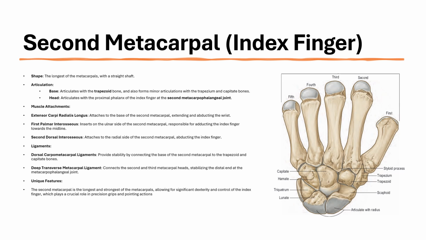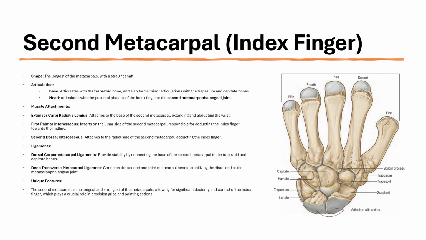When we talk about the second metacarpal bone, that of the index finger, we find that the second metacarpal has the longest shaft and the largest base. The latter is grooved in a dorsopalmar direction for articulation with the trapezoid. Medial to the groove, a deep ridge articulates with the capitate, and laterally, nearer the dorsal surface of the base, there is a quadrilateral facet for articulation with the trapezium.